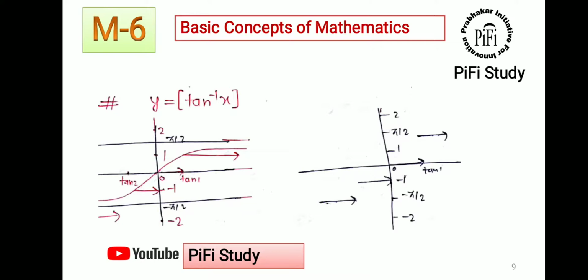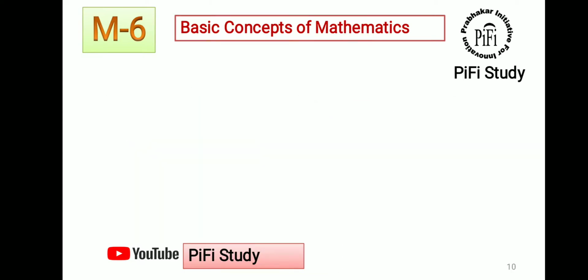So now you are y is equal to greatest integer tan inverse x. So first draw the graph for tan inverse x, then see where the value of greatest integer tan inverse x is coming as an integer value, minus 1 or plus 1, minus 2 or plus 2. So you will get only one value in between 0 to pi by 2. So accordingly you can draw the plot for this.